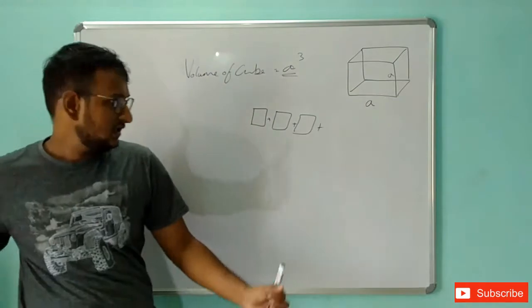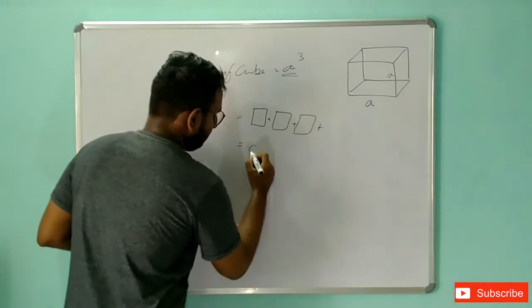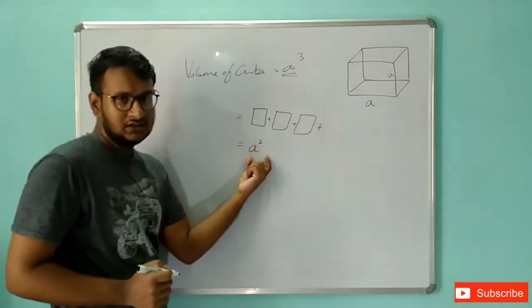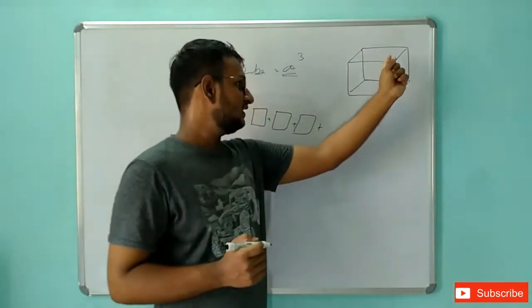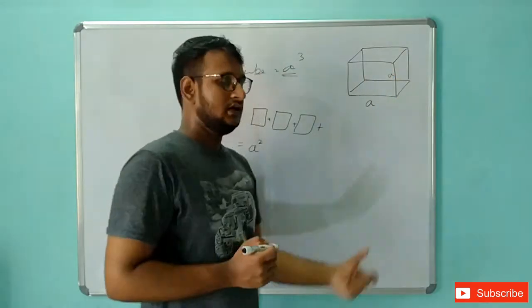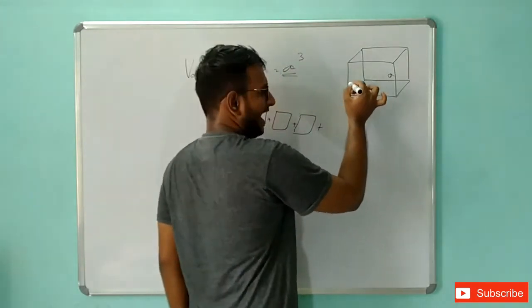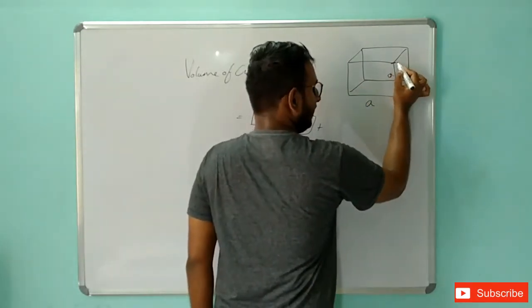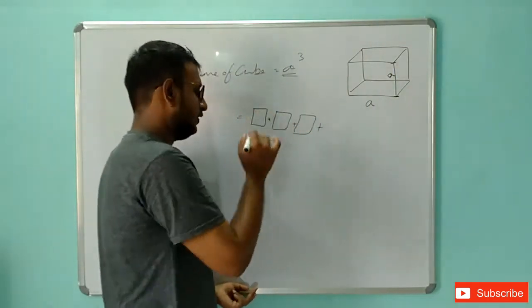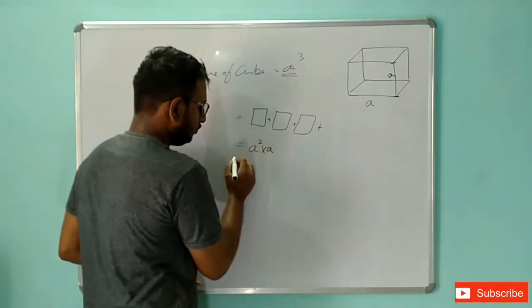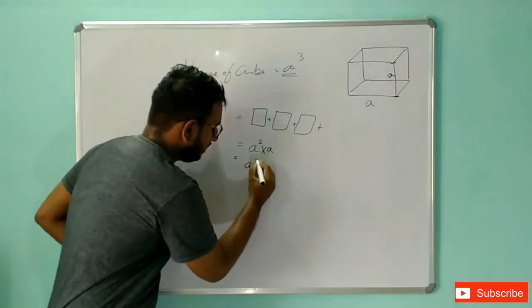We know the area formula of one square, that is nothing but a squared, right? We are going to add on this a squared till it reaches the height of this, that is a. So we are keeping one square in the bottom, and we are going on adding this until it reaches a height from here to here, which is nothing but a, the same side a. So a into a, we are going to add a square to a length of a. So we are getting the formula a cube.